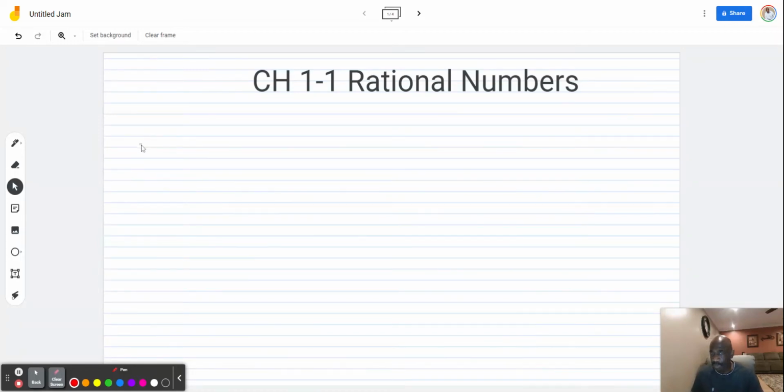All right, this is chapter 1-1. This is a lesson on rational numbers, and there are some things that we need to be aware of, some terminology. And so I want to go over that first. First of all, let's look at this term here. When you see the word natural numbers,